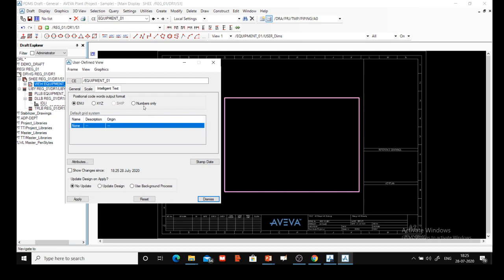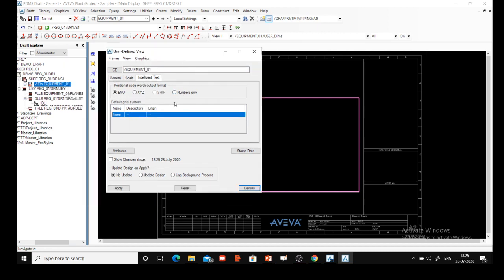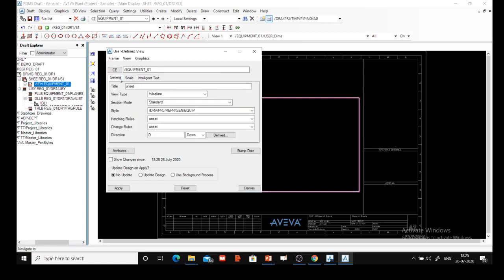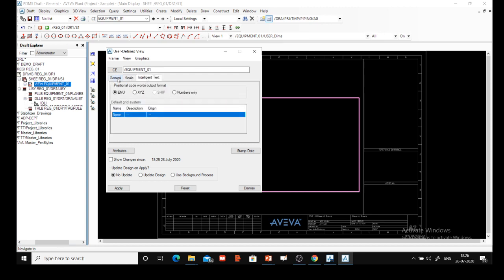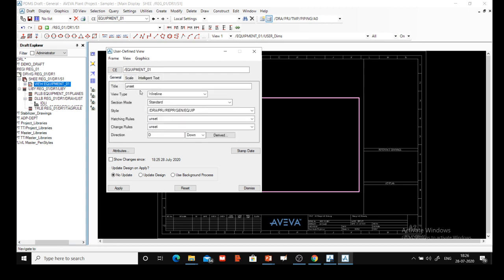A dialog box will appear for user defined view. There are three things we need to understand. One is the general settings, one is the scale settings for that view, and one is the intelligent text. In general settings, that is basically what you want to view. You can give a title, let us say front,